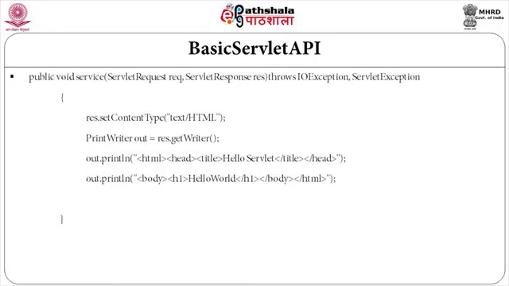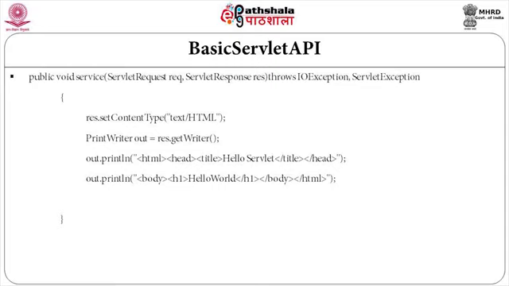So, first thing, we have the second parameter as a response. So, we start working on it. On the response object, we will set the content type. We are going to send HTML content. So, we will say response dot set content type, and we will put the content type as text/HTML. Next line, we may forget about all other settings. Let us go with the default settings straight away.